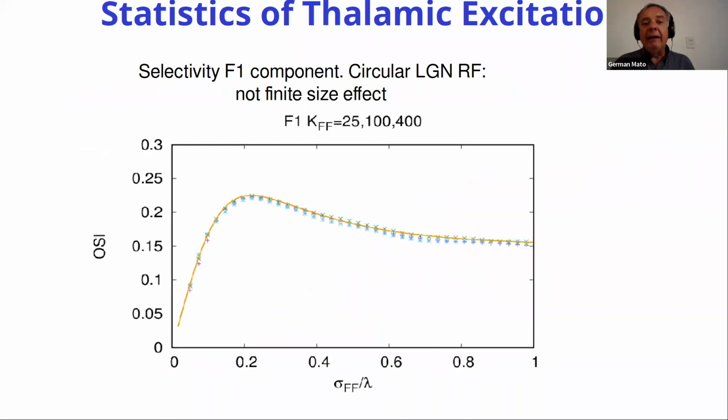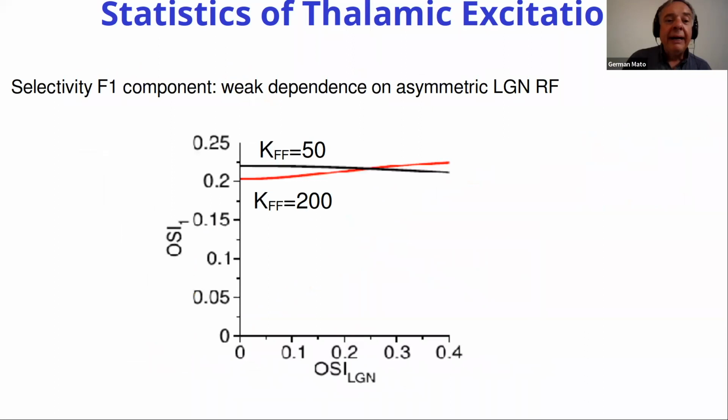Now, for F1, the behavior is completely different. First, there are no finite size effects. Here are simulations and the analytical result, with simulations for KFF 25, 100, and 400, showing that the OSI is always the same. And moreover, the selectivity of the F1 component does not depend on the selectivity of the LGN cells. Here I'm going from 0 to 0.4 for two different sizes, and the selectivity of OC1 is essentially